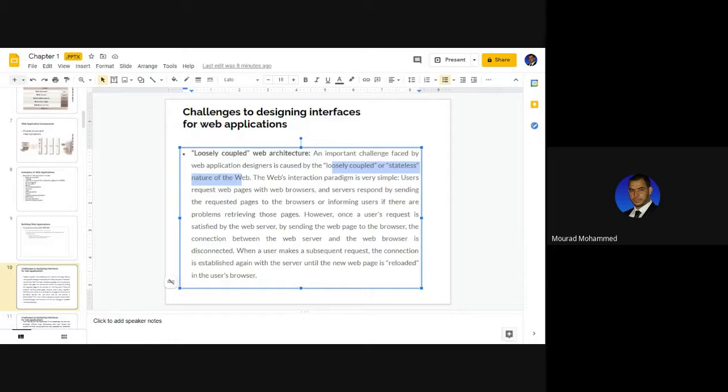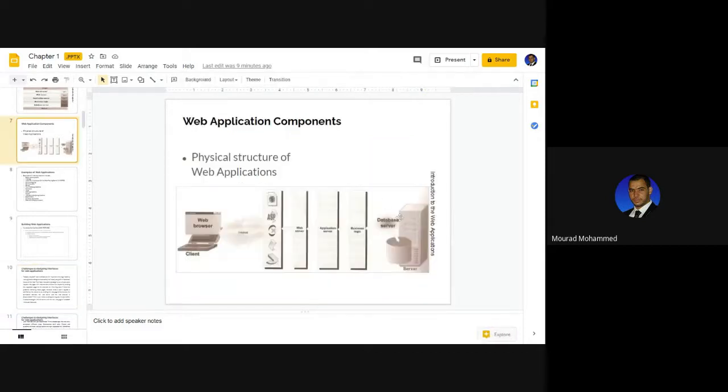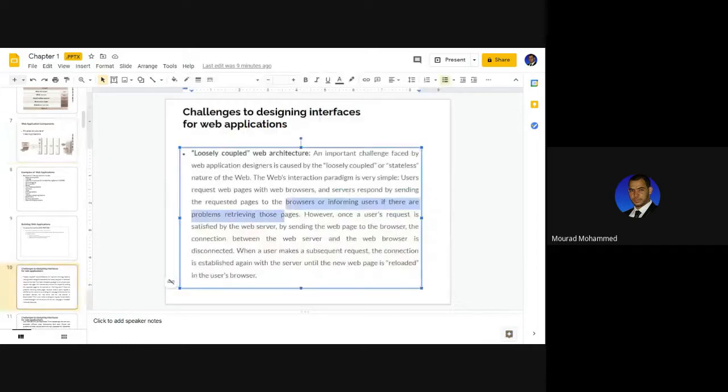Every request passed by the client, by the browser, has to be declared by the server as available or not. The web browser requests the server to submit a response. The server will declare yes, I do have it, or no, I do not have the requested resource. But once the request is available,